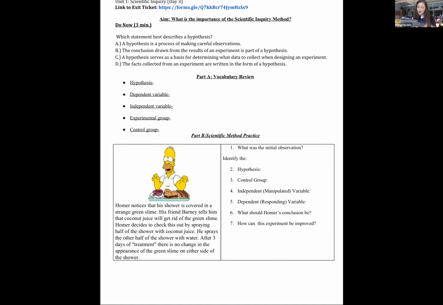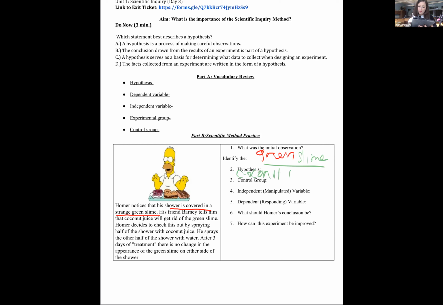His shower is covered in green slime. Green slime, all over his shower. So his hypothesis, based upon some prior experience, his friend Barney tells him, coconut juice will take care of this